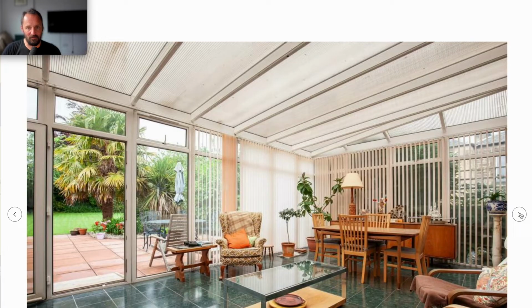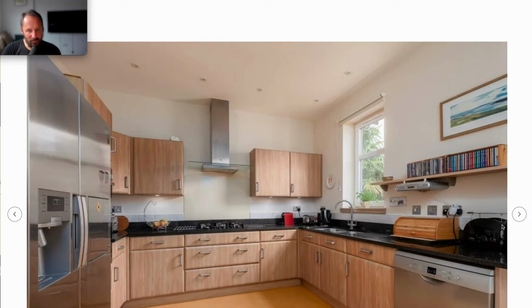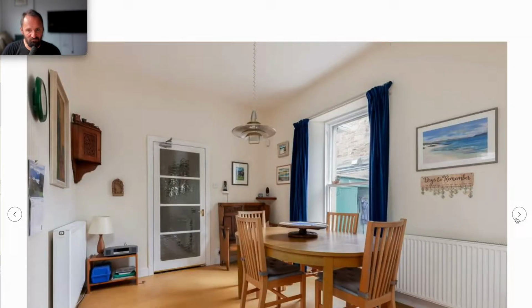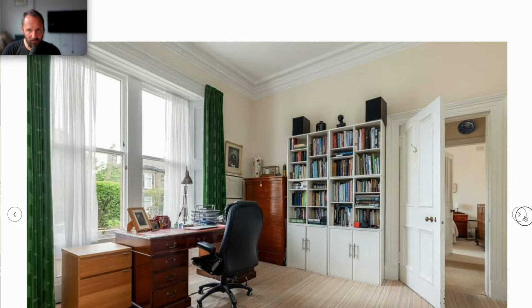That's the sort of conservatory that I just think is probably end of life. The plastic looks like it's end of life. Probably the doors or all the hinges and everything have probably begun to lift. The kitchen needs ripping out. That's all a bit boring and bland, but what's there, the window